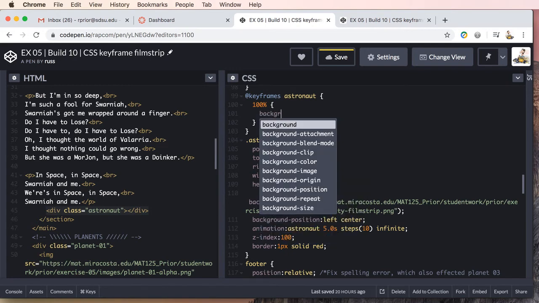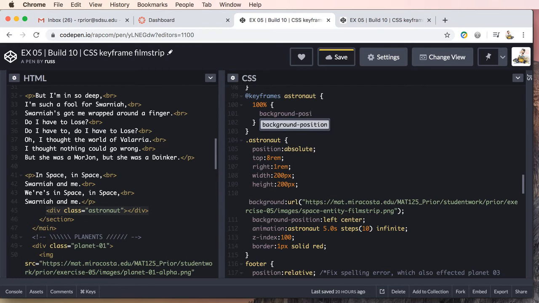Okay. So our background position will be negative 200 px. Okay, so what we're going to do is in 10 steps,